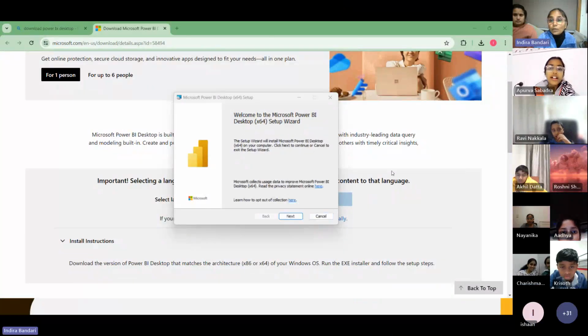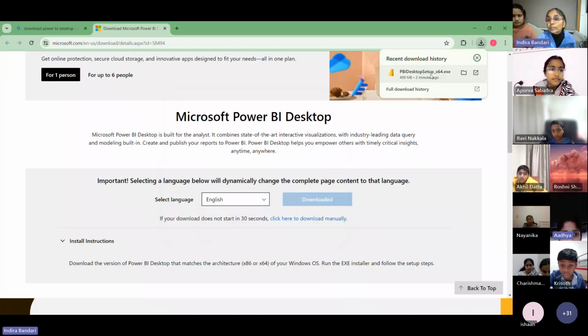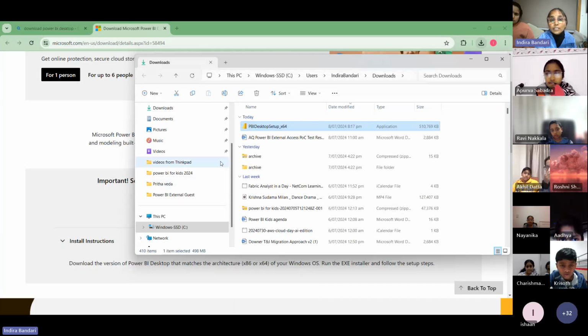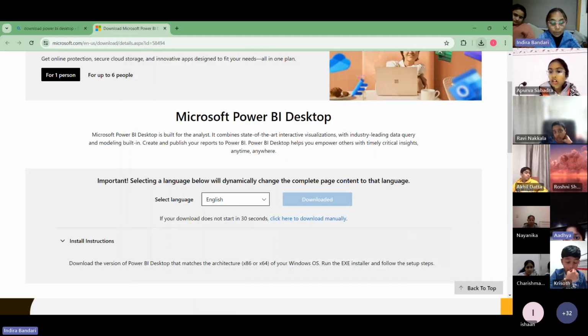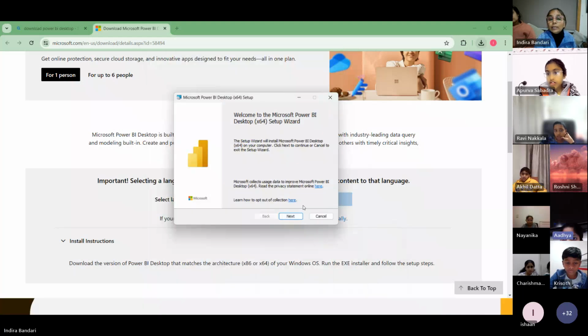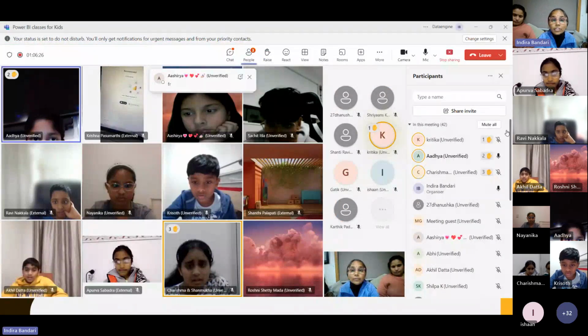You've downloaded it. Okay, did you install? Once you install, click on this one. Can you all see this? PBI desktop setup X64. If you click on here, then you can see this one. Otherwise, you can click in the downloads folder. See, there is a folder here, the downloads folder, and then you will see this. Double click on that. Once you double click on that, it will say English. So click on next. If anyone is having issues installing it,